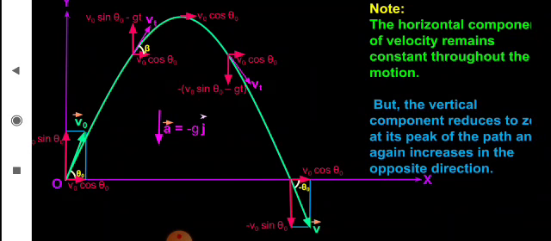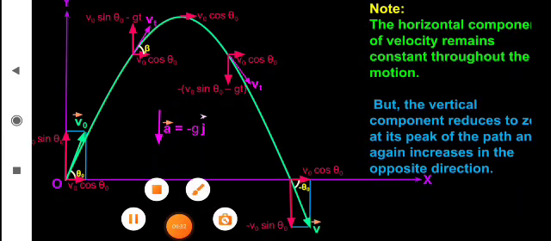After some time t, the velocity components are again v naught cos theta naught and v naught sin theta naught minus gt. The velocity becomes maximum at that position, and again the velocities keep on decreasing. So the components become negative, so here minus v naught sin theta naught